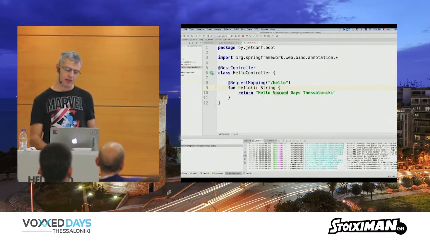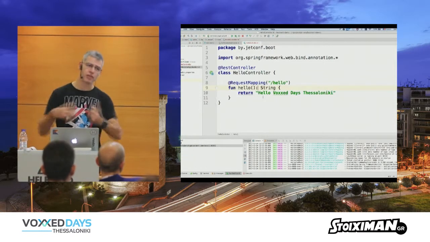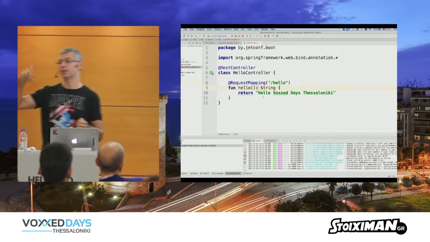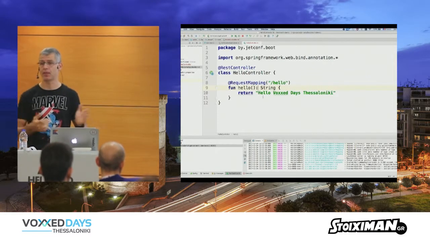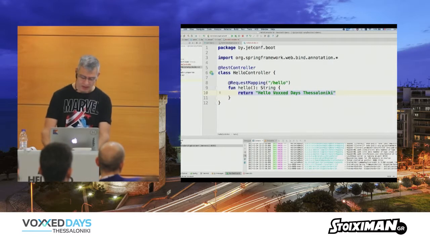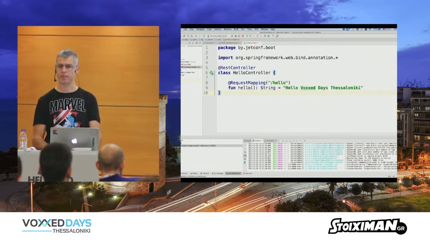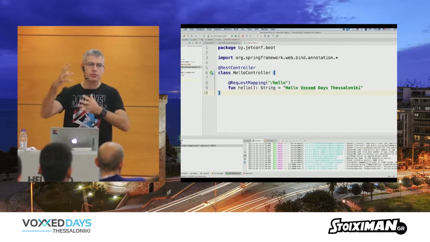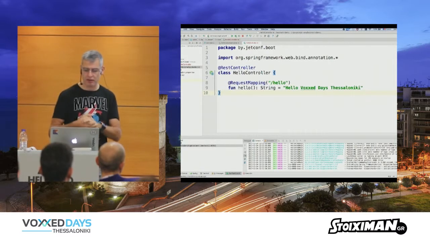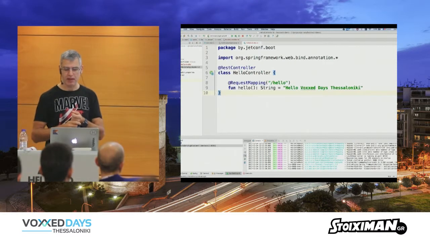A good thing in Kotlin is that in Java, if you write good Java code with components, you've got very small methods, even one-liners sometimes, like here. And in Kotlin, these one-liners can very well be really one-liners. You don't need to create a body. It's called an expression body. So if something is an expression, it can be a one-liner. Even better, here,